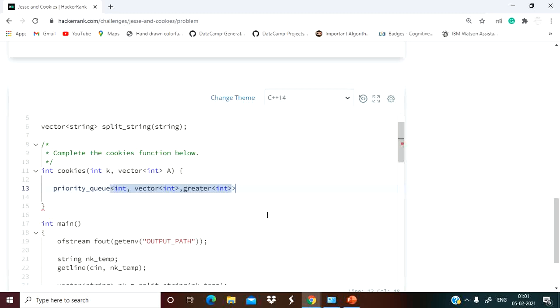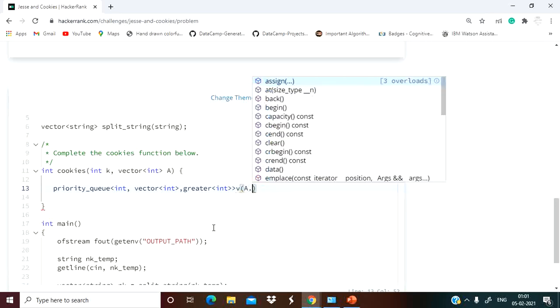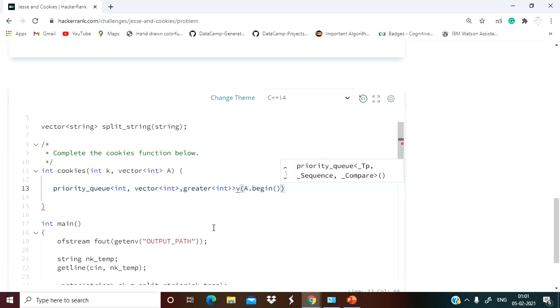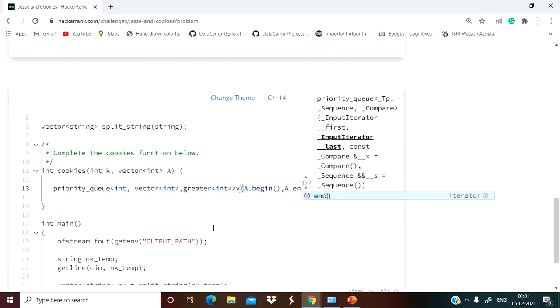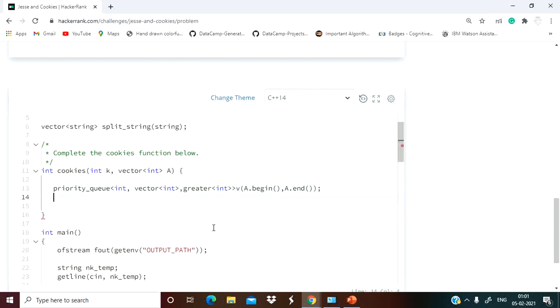And here we have to simply mention the name. We see here this vector array a is holding all the values, so we have to put all these values into our priority queue. For this, just mention a dot begin comma a dot end.